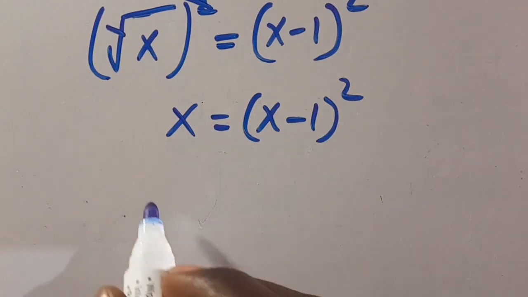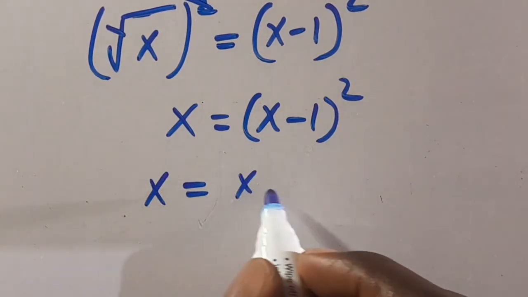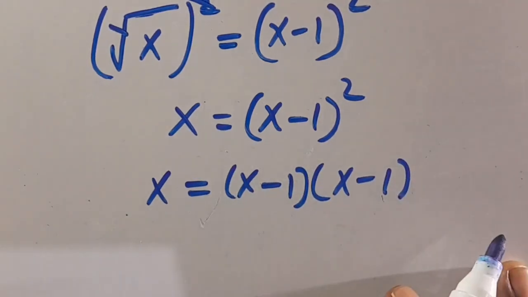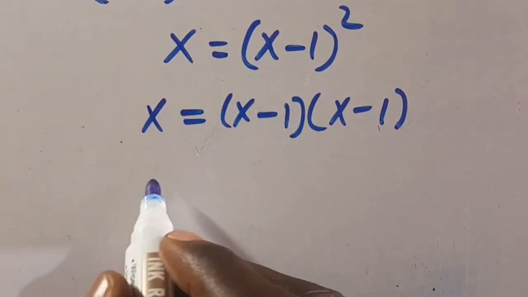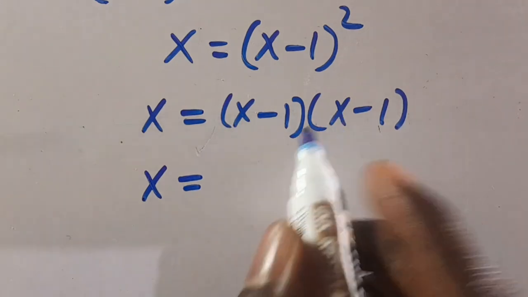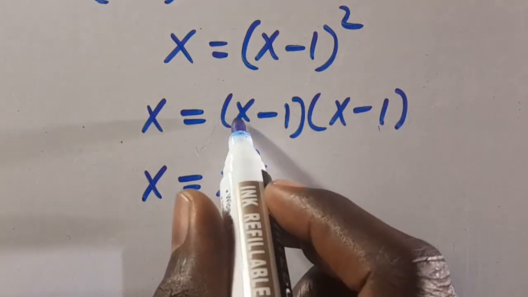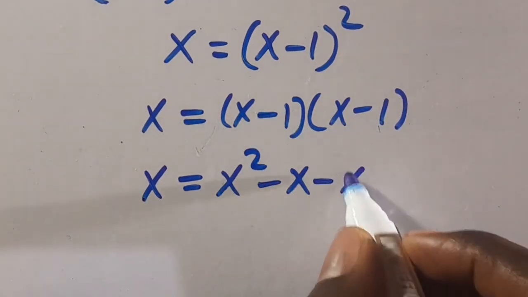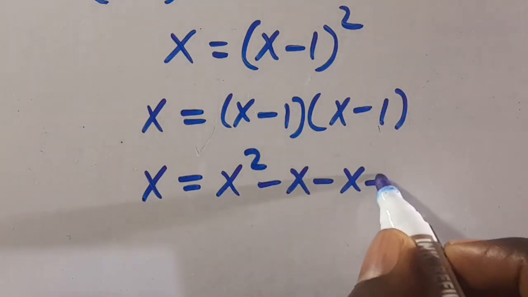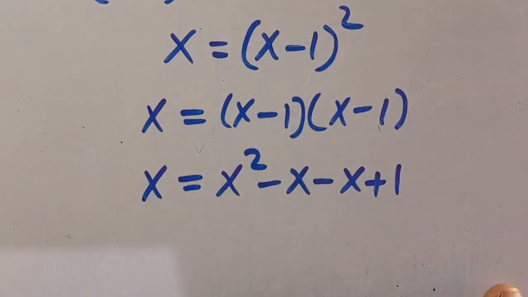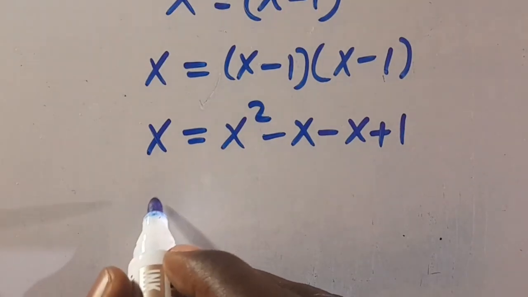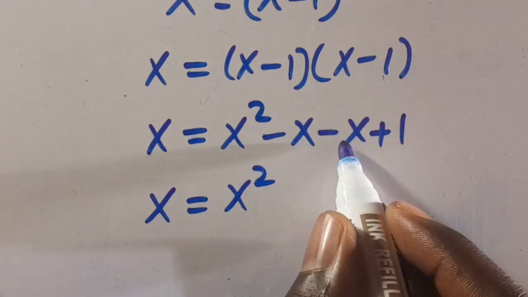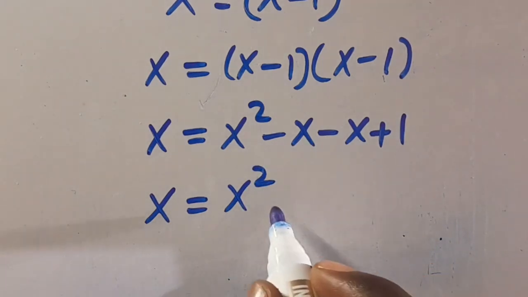So we can re-express this as (x minus 1) multiplied by (x minus 1). Then from here we have x equals x times x will give us x squared, x times minus 1 will give us minus x, minus 1 times x will give us minus x, minus times minus will give us plus, 1 times 1 will give us 1. So from here we have x equals x squared minus 2x